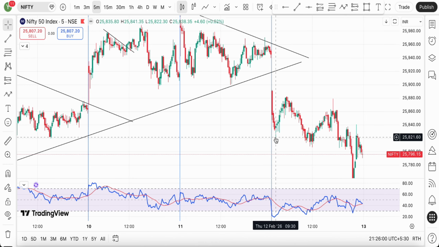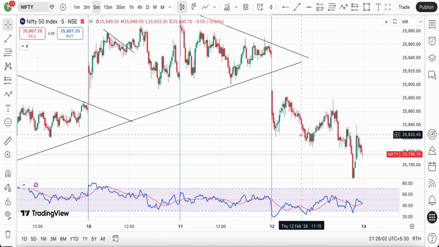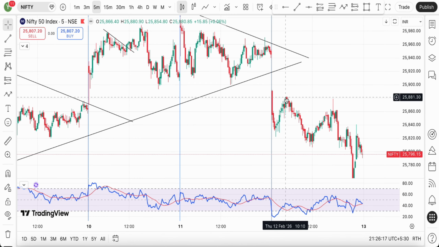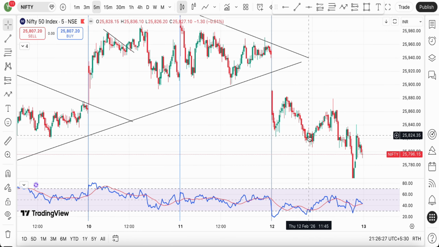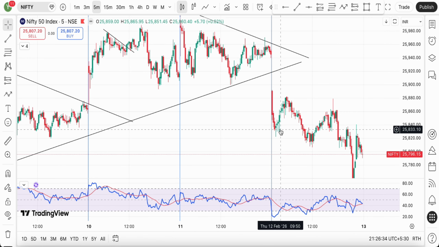the markets at the break of this particular low would have been trapped, because I always say whenever you are trading breakouts or breakdowns or any particular trade, whenever you're entering, make sure you try to understand and see where the market is exactly coming from. Is the market exhausted or does the market still have the steam to carry on the move? Now the market had already traveled a lot of distance while it was breaking this particular low, and the chances of it actually continuing this particular move on the downside were very, very limited. And as you can see, it immediately reversed. And there was a good divergence as well on the 5 minute as well as the 15 minute time frame.